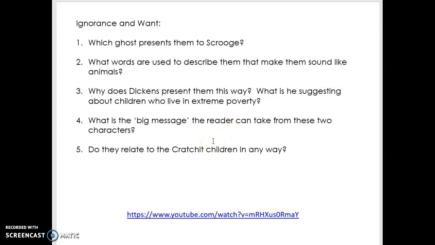The big message then, Mr. Brough talks about that, I think, really well in the clip, but just to reiterate what he said, the idea is, isn't it, Dickens isn't presenting these children so terribly to attack the poor. He's using them to attack the people who have created this, the wealthy people with power who have created a world where children are so dehumanised and devalued that actually they've got no chance of saving themselves. And they are a potential danger to society in the future, but only because they're not being given the opportunity